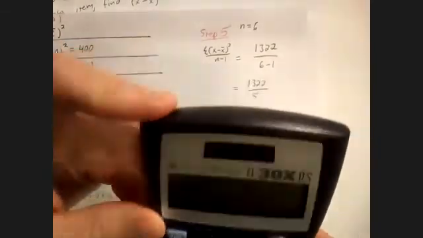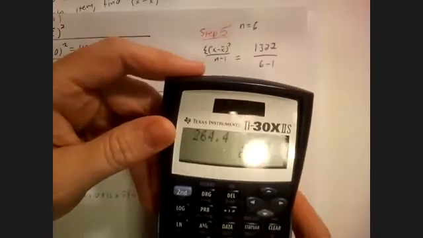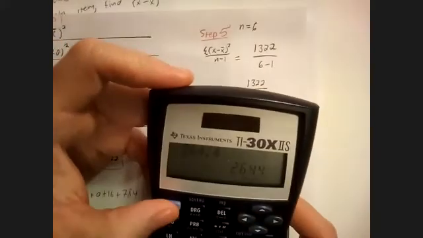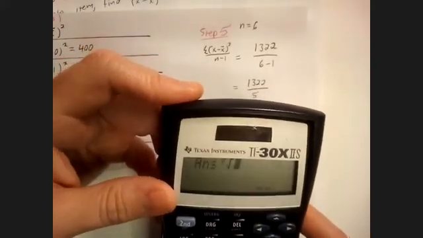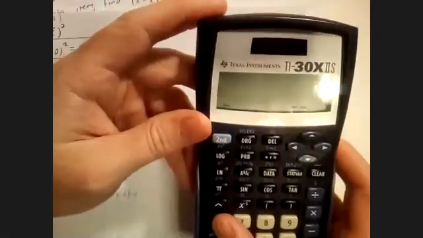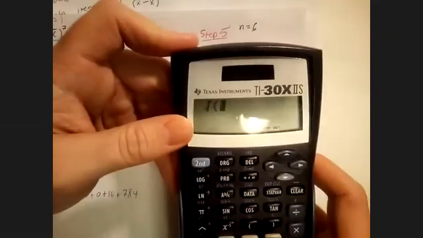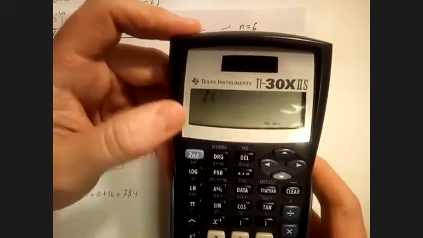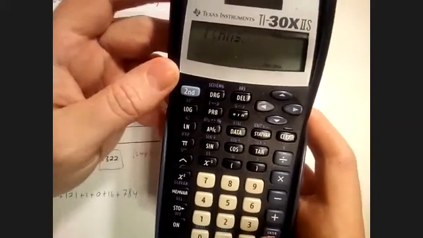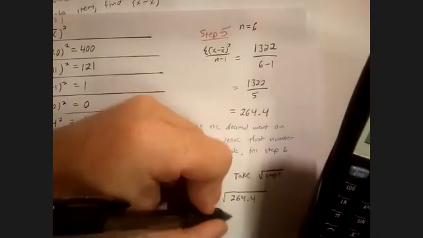Let me back it up. All right, let's say my answer was 264.4. Okay, there it is. I'll do square root, which is second. Oh, I was pushing the wrong button. It's the second x squared button. Okay, second x squared. And I'm going to do second answer. And it puts the number that was in our calculator. And we can do equals, and we get